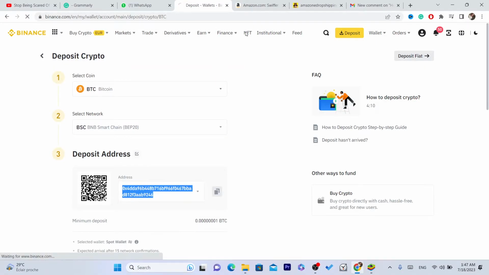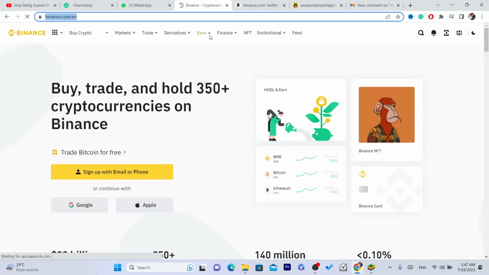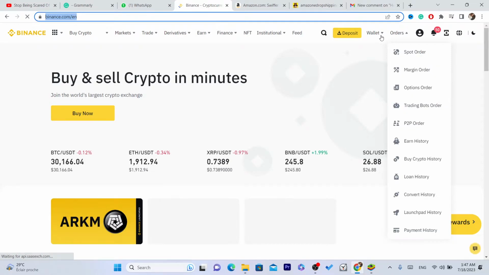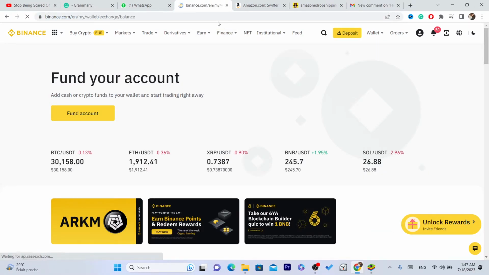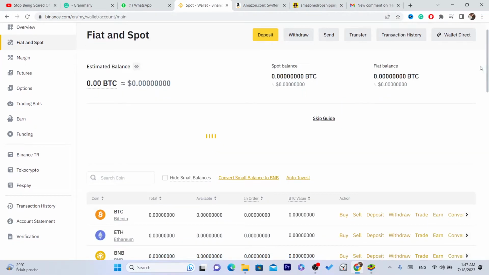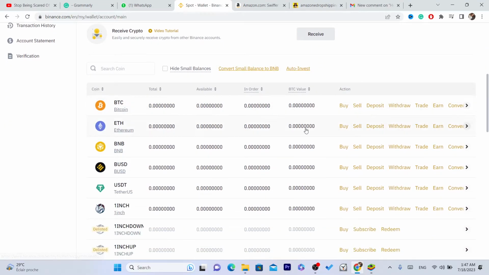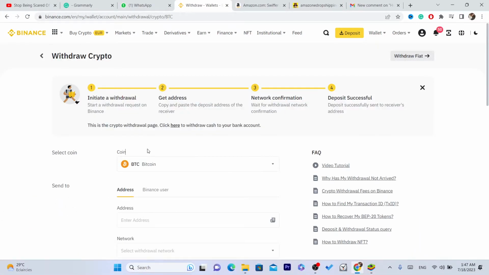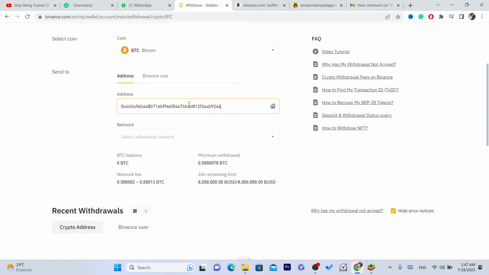After they copy the address and send it to you, then you want to go to your own Binance account and click on wallet and fiat and spot. So after that, guys, next you want to scroll down a little bit and just find here Bitcoin, and then we want to click on withdraw in the action section, and you want to paste that address here, of the person